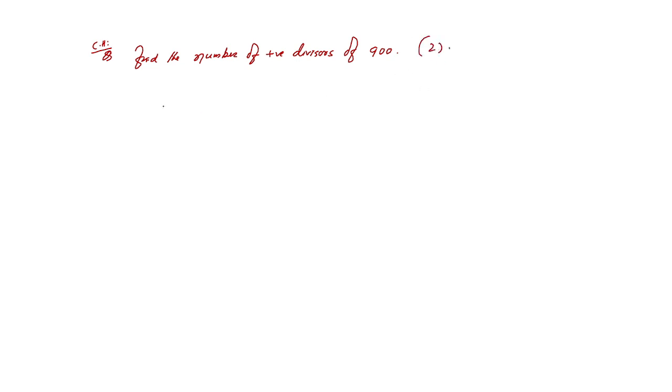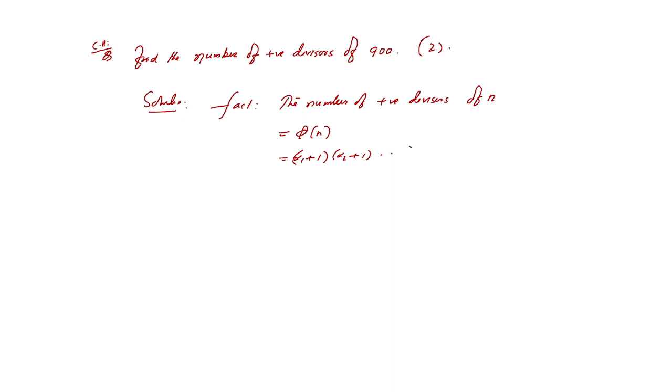This is for 2 marks problem. So here the solution. First we recall some basic facts. The number of positive divisors of n, that will be phi n, and that we can write (alpha 1 plus 1)(alpha 2 plus 1) dot dot (alpha k plus 1) if n is greater than or equal to 2 and n equals p1 to the power alpha 1 ... pk to the power alpha k,